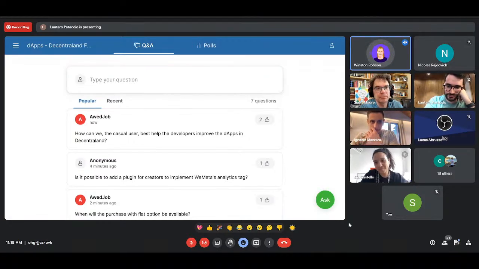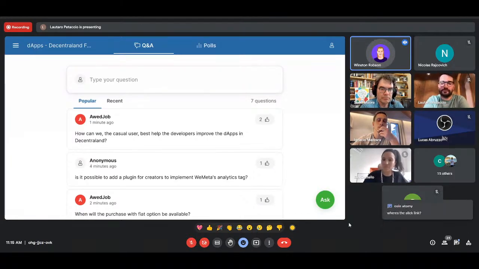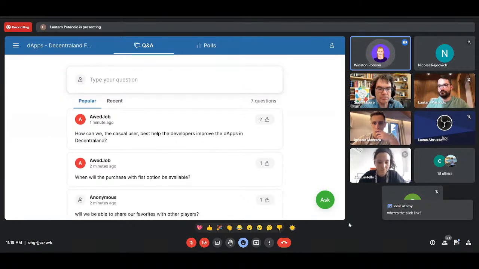Basically what we have, and it's been implemented, I think, by 300 different scenes so far inside of Decentraland, is really deep data analytics tracking for creators or DApp developers for anything they build inside of Decentraland. A barrier to entry for a lot of people who use it is that they have to go to our website,